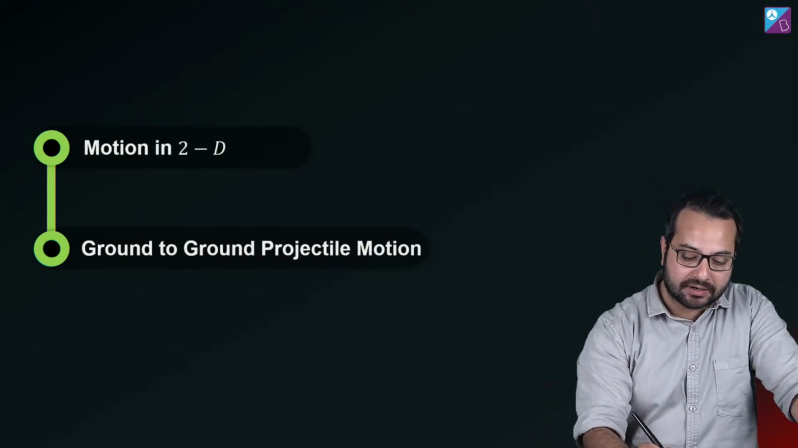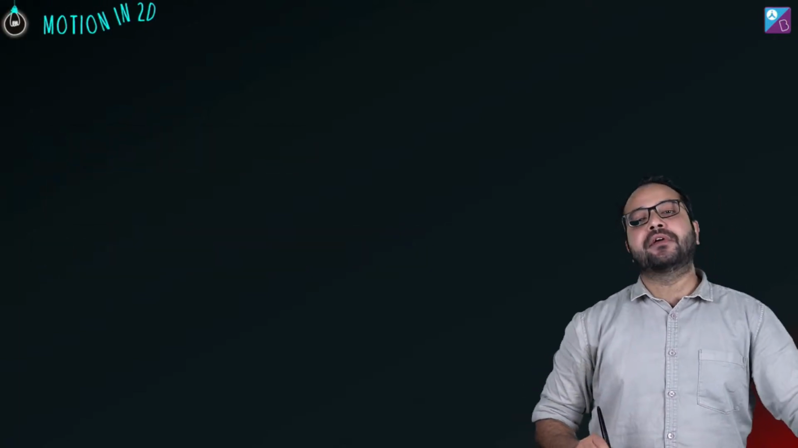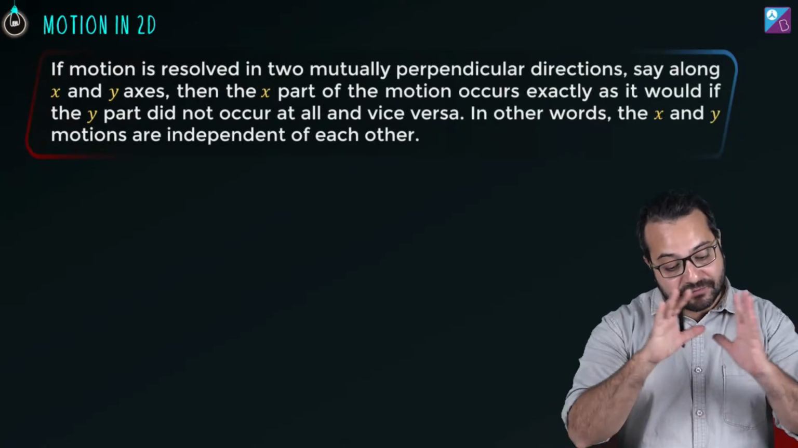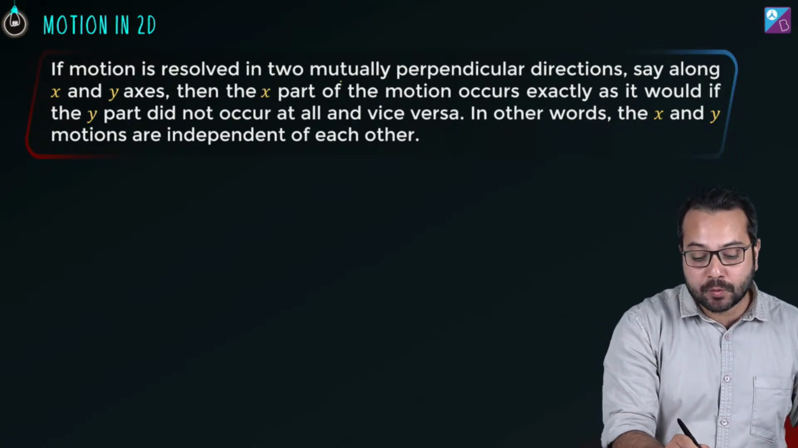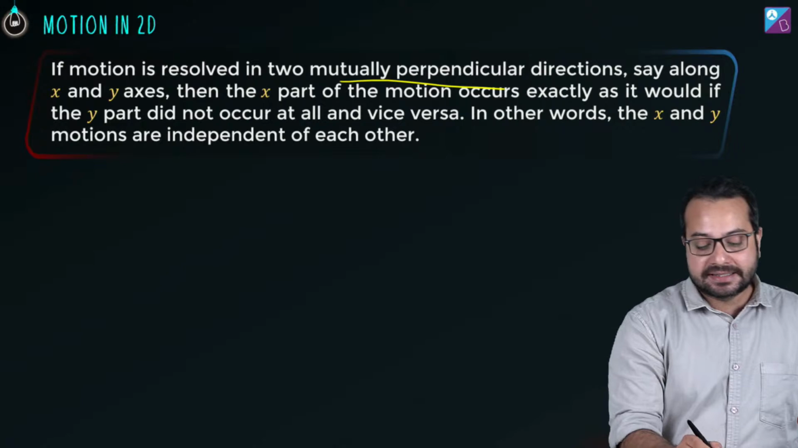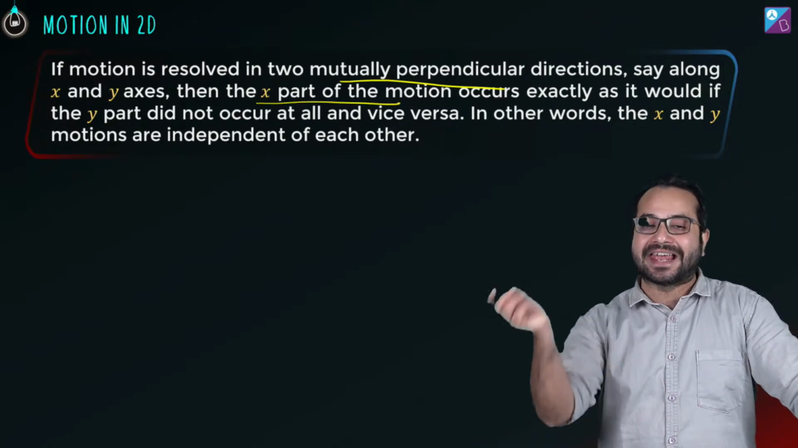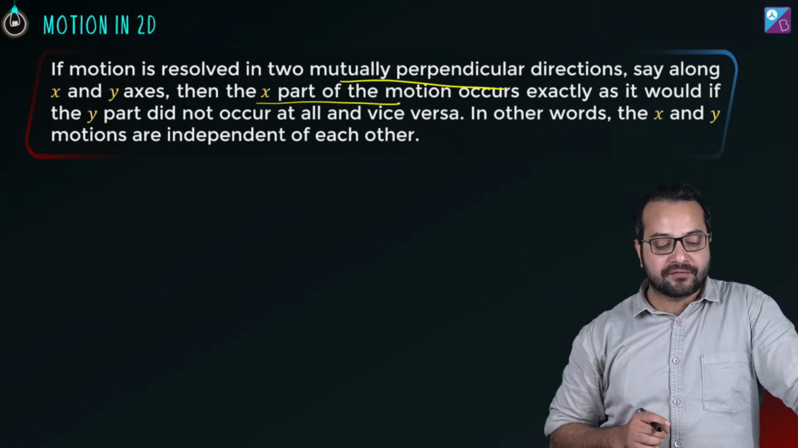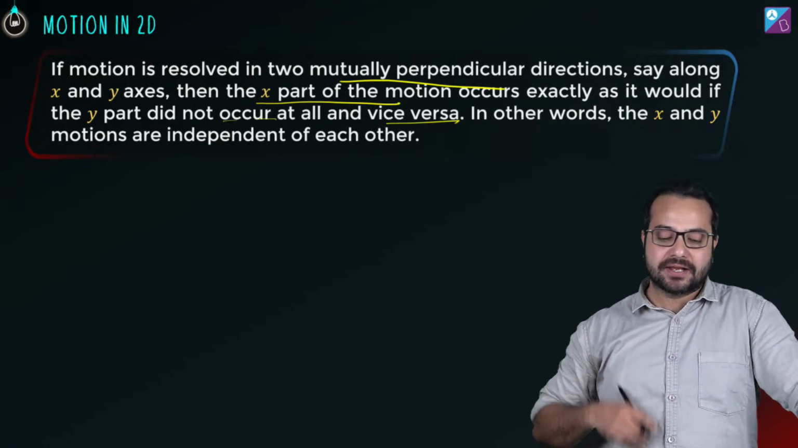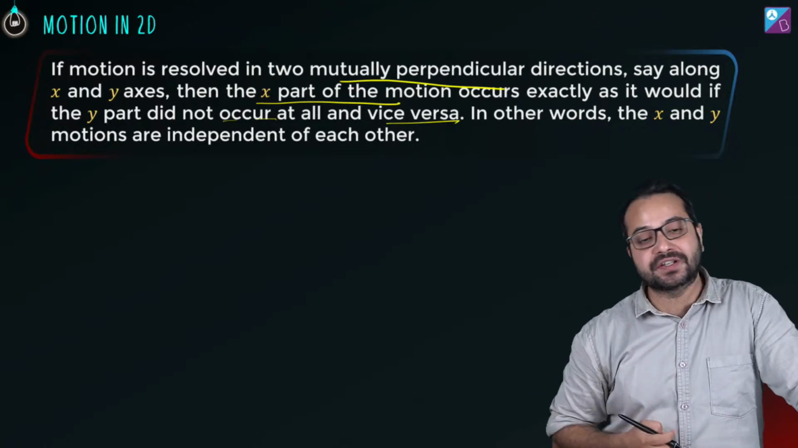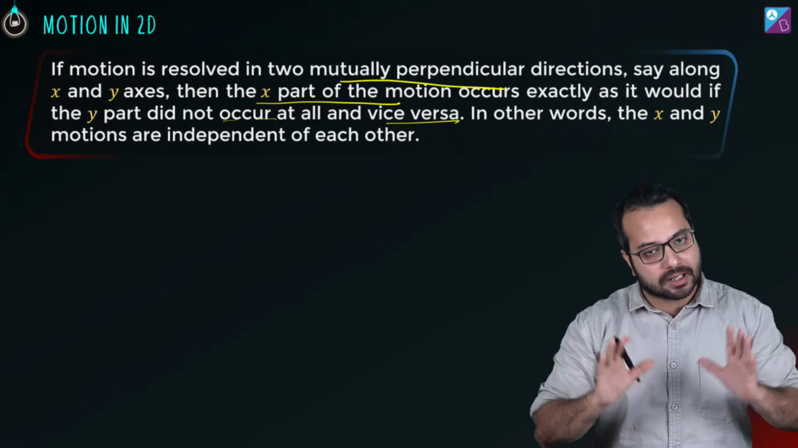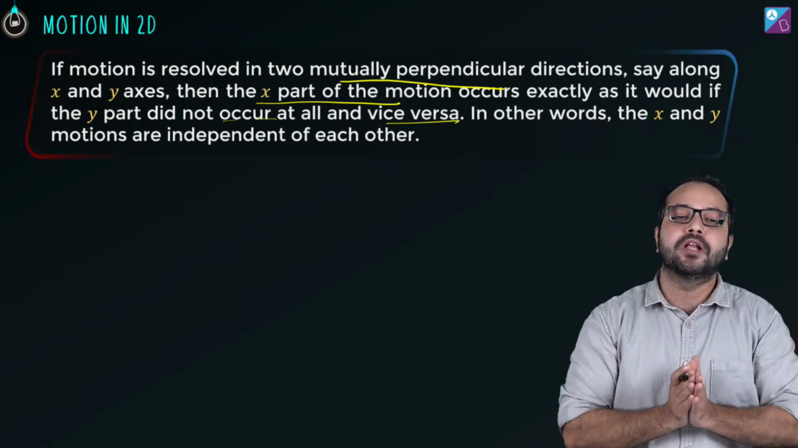Let's get started. So what is the basic funda of motion in 2D? If motion is resolved in two mutually perpendicular directions, say along x and y axis, then the x part of the motion occurs exactly as it would have if the y part did not occur, and vice versa. In other words, the x and y motions are independent of each other. I'm tired of saying such a big line, but the simple thing is: